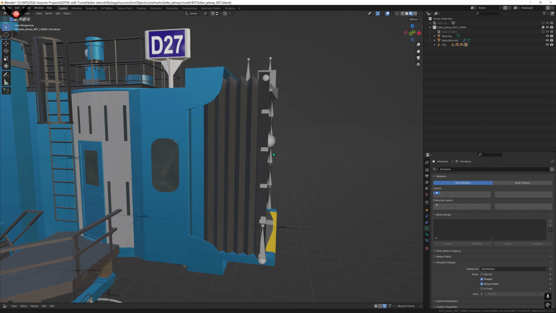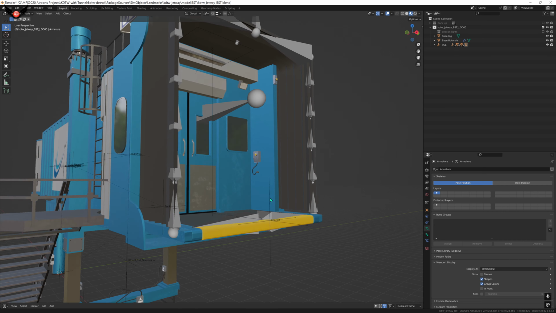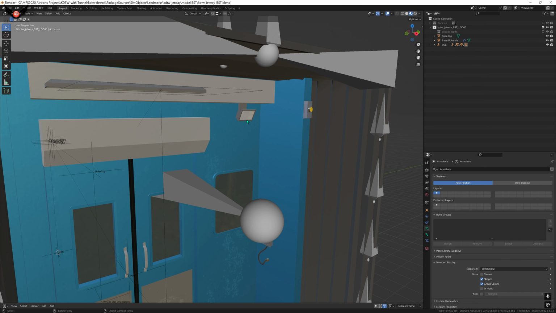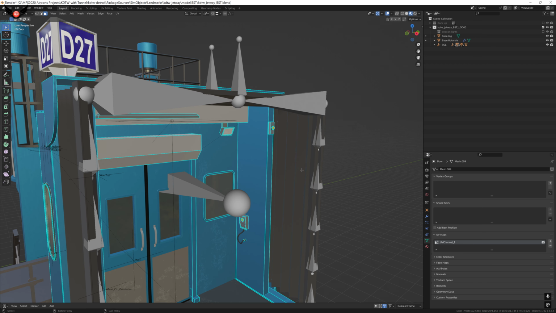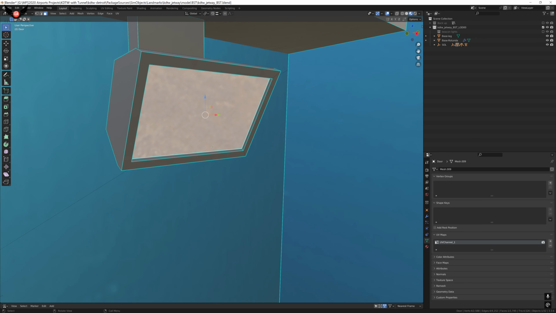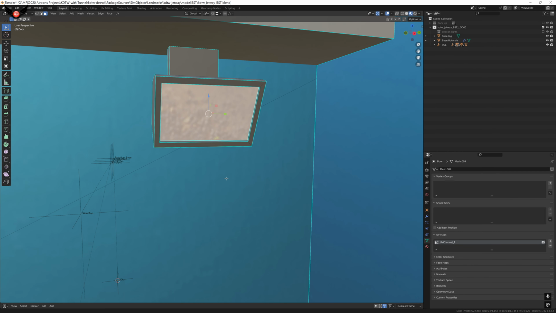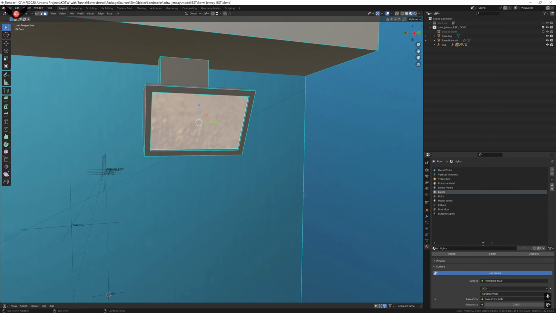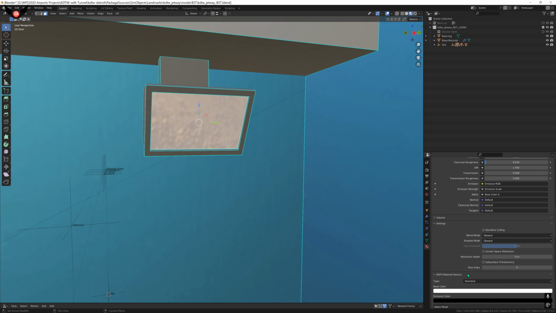So let's start with the lights here on the bottom and on the top. So the way I do it, we're gonna select a door. Let's go to edit mode, and then I'm just gonna go ahead and select this mesh. As you can see, it's like a mirror, right? So the textures here for that light, I bring the